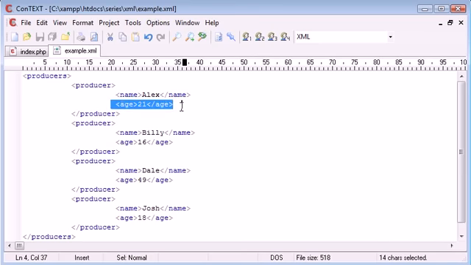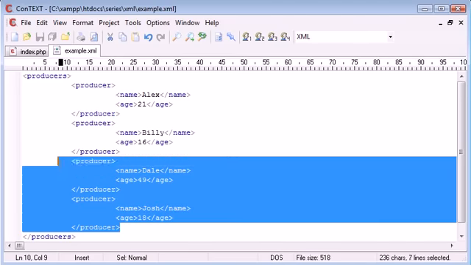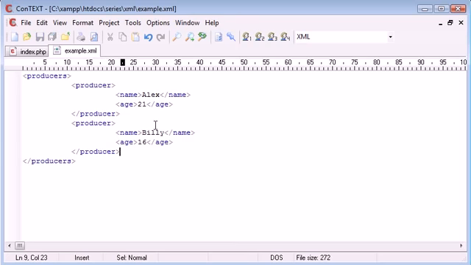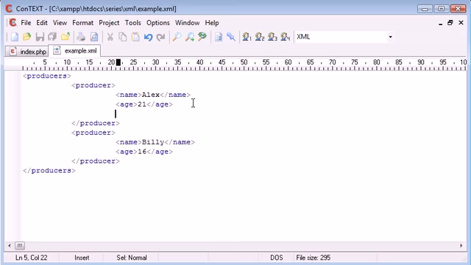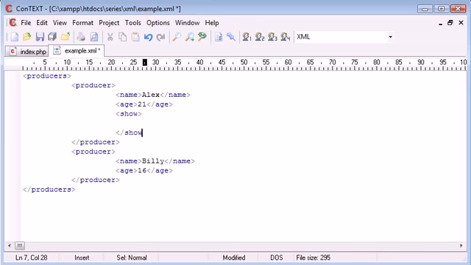And I don't mean further information about credentials like their name or their age. And let's just delete these 2 so we can keep an eye on what's going on here. So inside each producer, I want to specify a show that they've produced. So for example, here I'm going to say show, and I'm going to end show. Now I'm going to provide some details about this show. So show name,